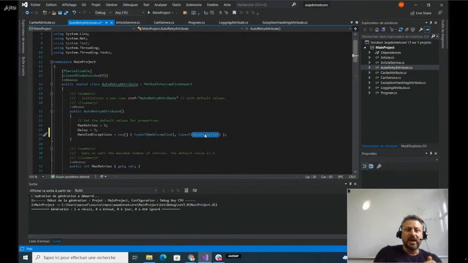So, we have the maximum retry and the delay. In fact, the maximum retry, this is a default value, defines how many times I have to retry the call to this API, and the delay is in seconds, how long I have to wait between two calls.